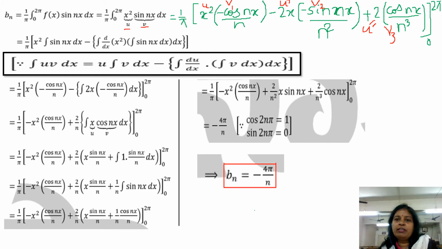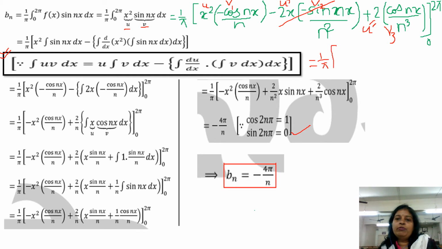So we observe that we know that sin 2n pi or sin 0 is always 0. So whatever you put, upper limit or lower limit, this term will vanish. We have to bother about cos terms only. That too, here x square is there. For the lower limit this will become 0. So now I will write down the next step for that. The other way of using this formula is explained or typed here. You can refer to that also. But I am giving you another way of using integration by parts.